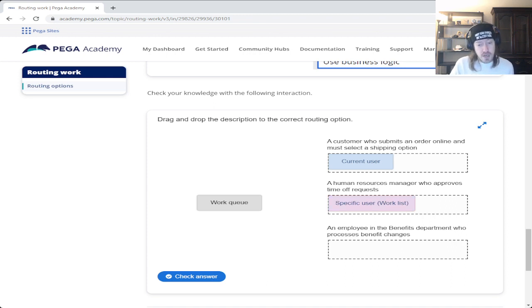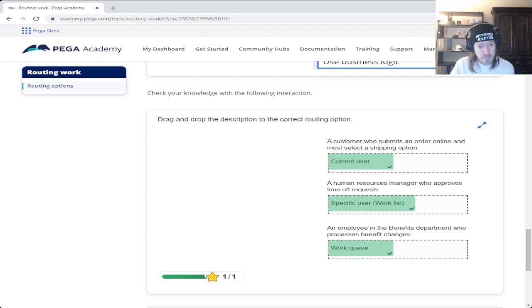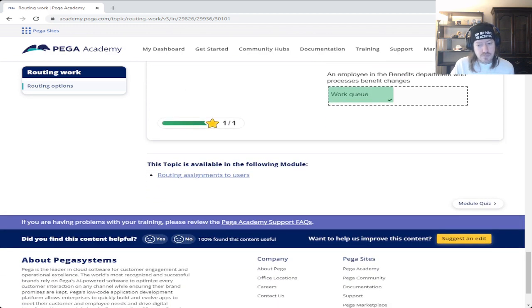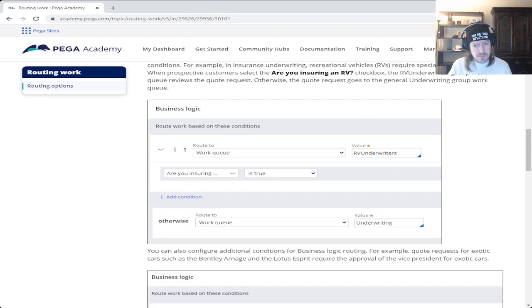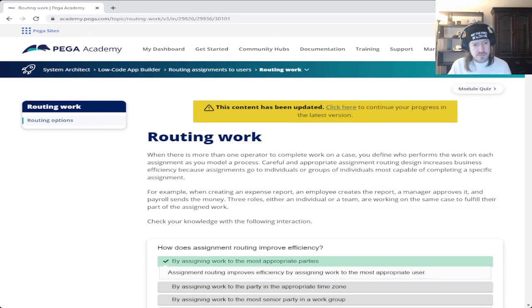But if you just have one building, then specific user works for that. And then of course you got a work queue for the benefits department, processing benefit changes. So that should all be correct. Okay, so that's it for writing work at this moment in time.